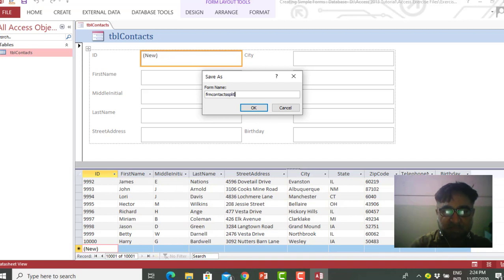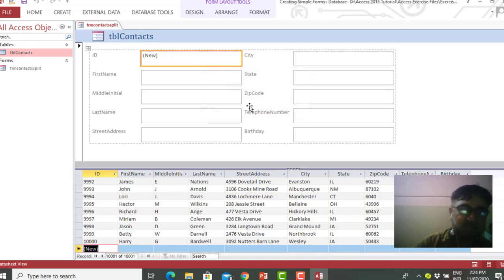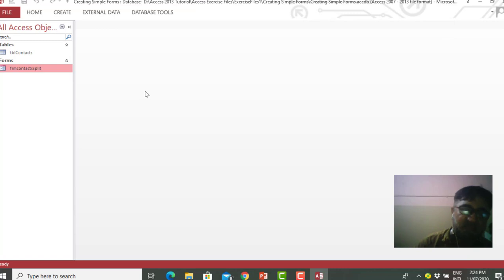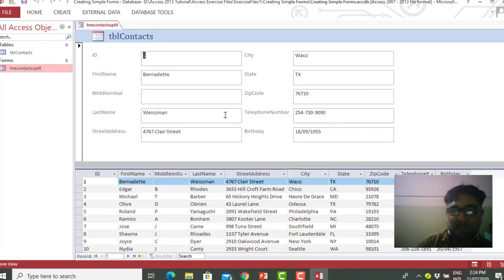Okay, and here you can see this is created. If you close this and double click it, you will get back to your form. I hope you understand this.